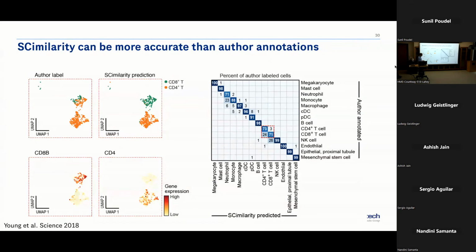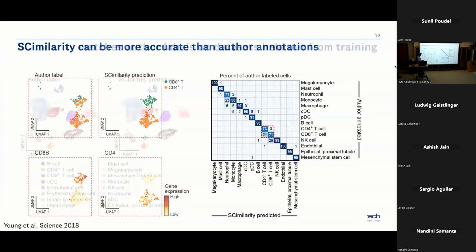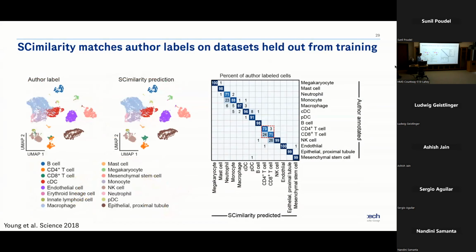In other cases, actually, I don't show this here, but I said here that we restrict to the labels that the authors use. We can take away this restriction and use the full catalog, and we can often get more granular resolutions than they do. So we find in this data set Tregs, we find different subsets of fibroblasts and all kinds of stuff. The authors are correct, but in different cases, there are a few pockets of cells that have an even more appropriate fine-grained annotation.